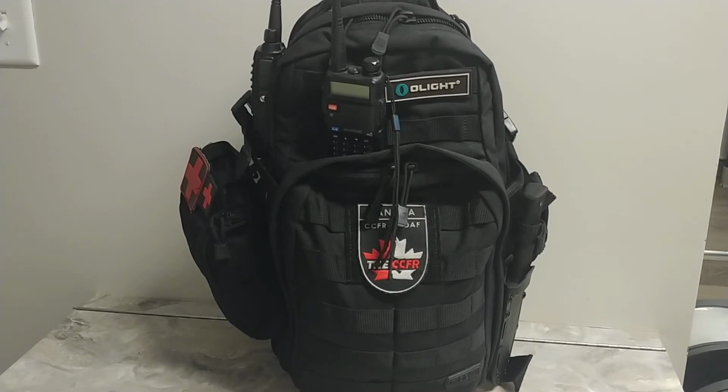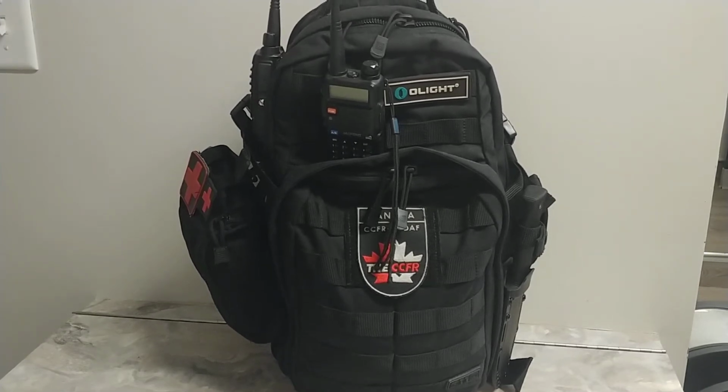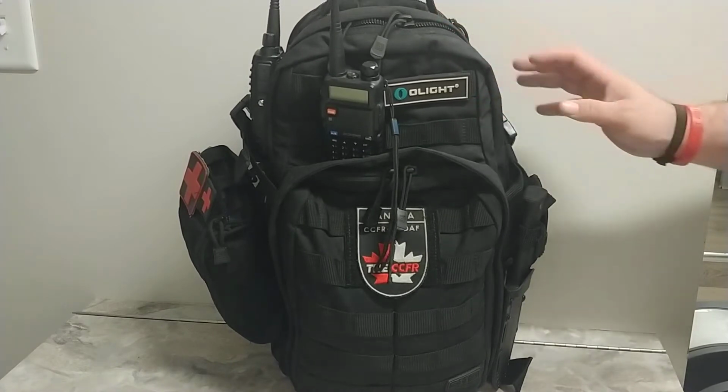But basically, a lot of this bag is medical and trauma. Everything I would need for myself or for others. That's why it's bigger, because I have a family. I might run into your family, and when something's going down, you want to be able to help people. So I like a bag that can all be compact and what you need. I have the Moab 10, so